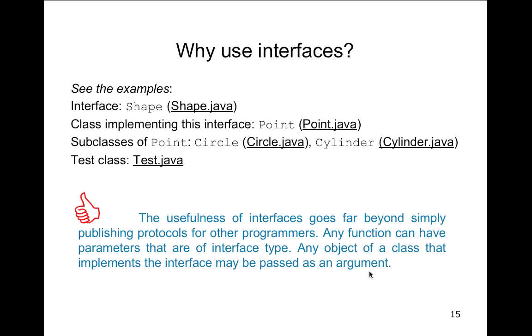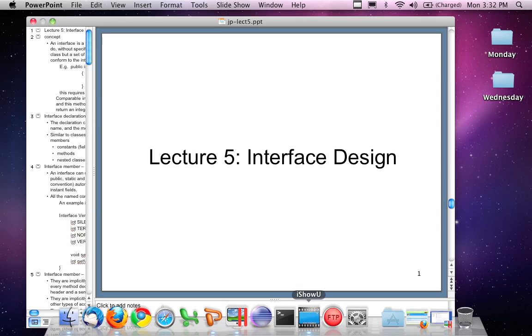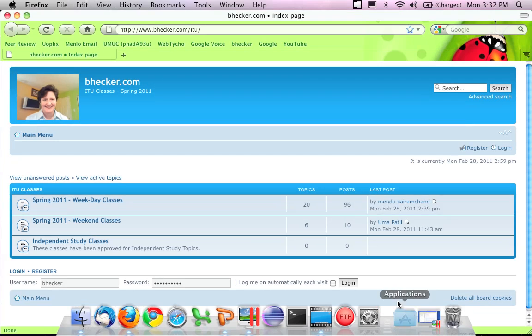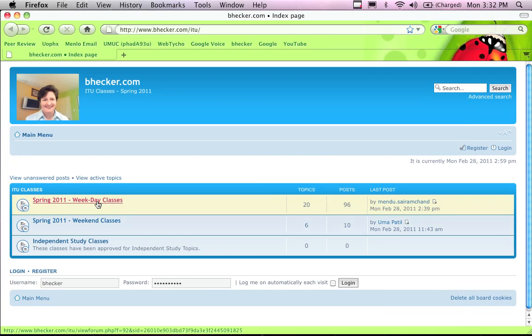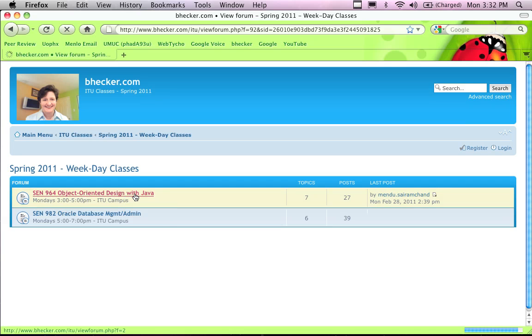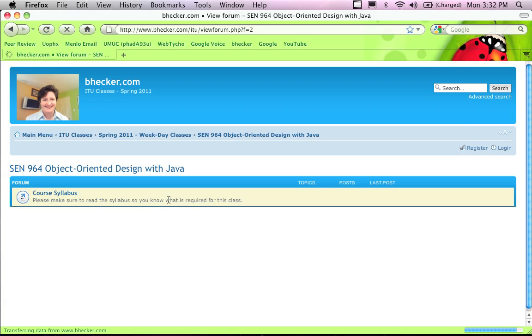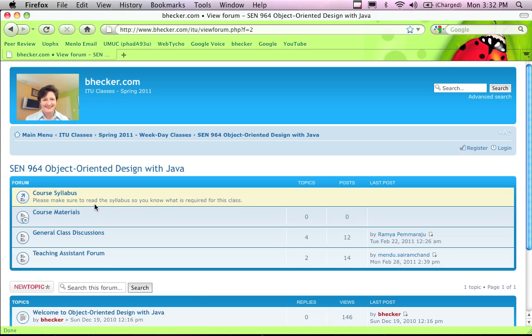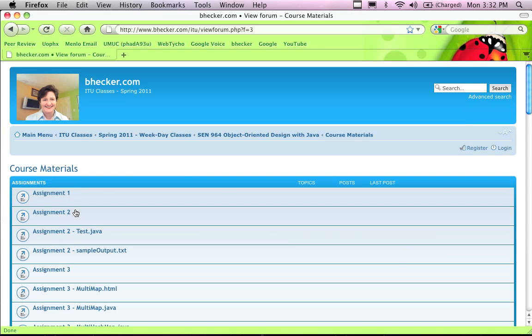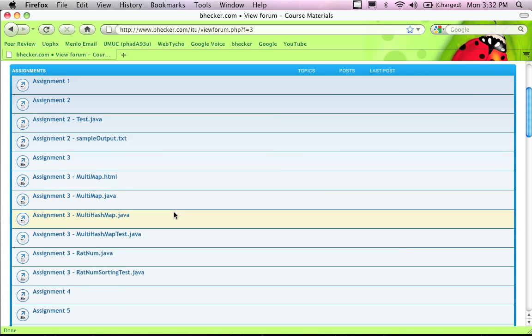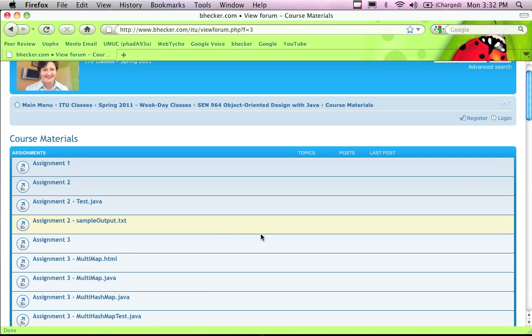I'm going to, at this point, stop the PowerPoint, go to Windows. But before I do that, let me show you where these examples are coming from and make a note about something else. So if you go in the weekday classes section, and you go under the object-oriented design in Java, at the top, I don't know why the rest of the page didn't populate, but it's probably a slow connection. There we go. And if we go into course materials, and hopefully this will come up. Yep, there we go. So if we scroll down to the bottom,